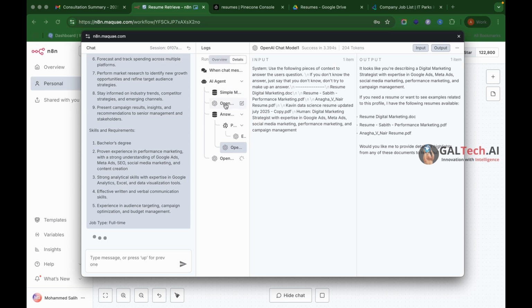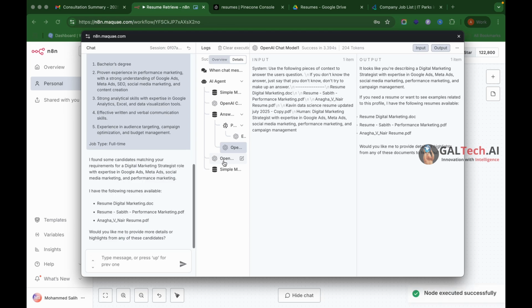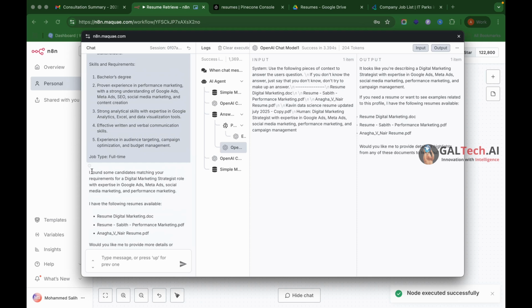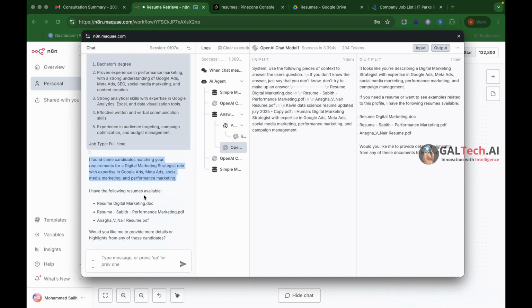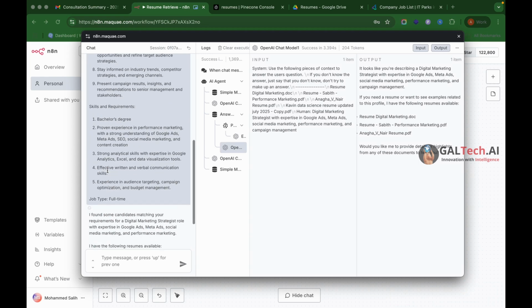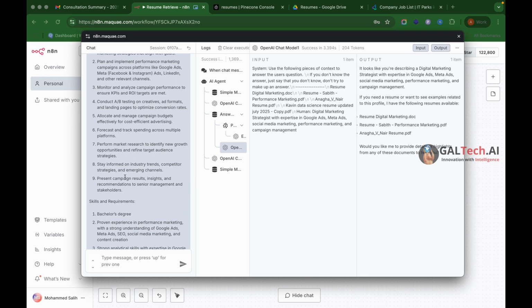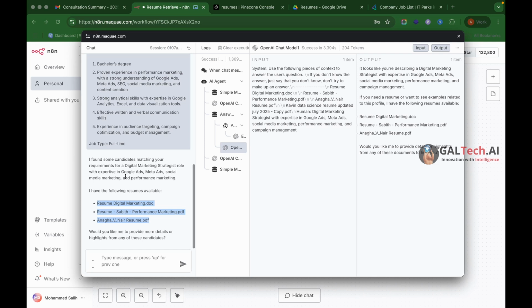You can see here how the workflow is executing. So you can see that it has found some candidates for us from that whole resume database that we have, and sorted out these 3 candidates that match our job description. So in this way, this can help you in doing a lot of HR related work, the screening and all. We can actually automate it using this RAG agent.